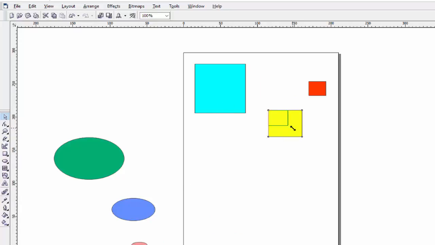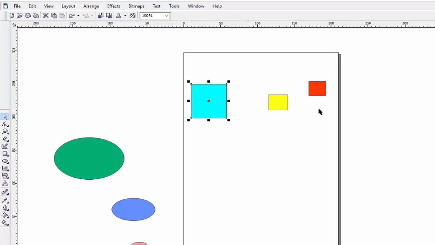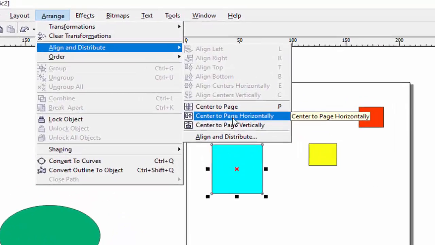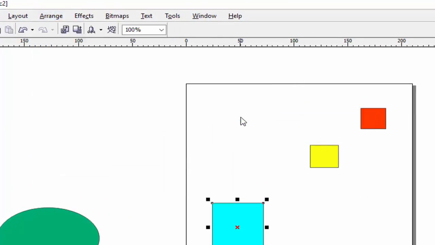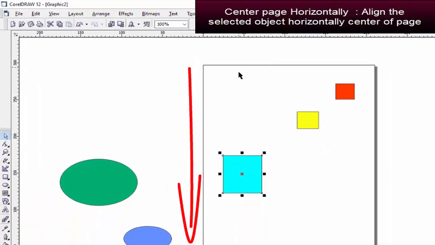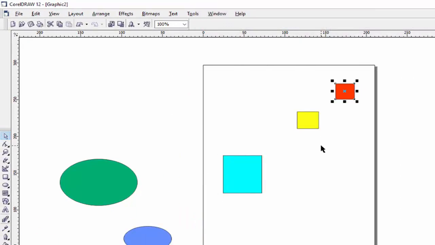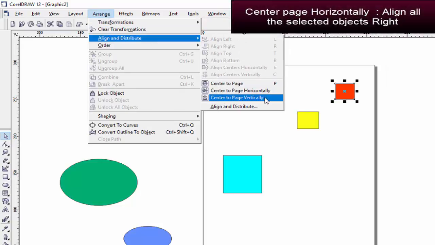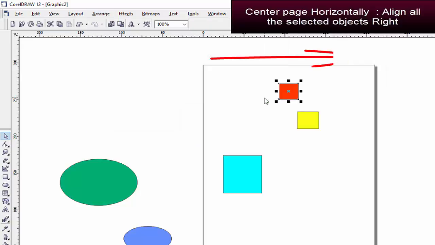Put all these objects like this. So if I want to align this object horizontally to the center of the page, use this option, center to page horizontally, and you will see it will be horizontally centered. And if you want to arrange this object vertically center on the page, you can use this option, center to page vertically.